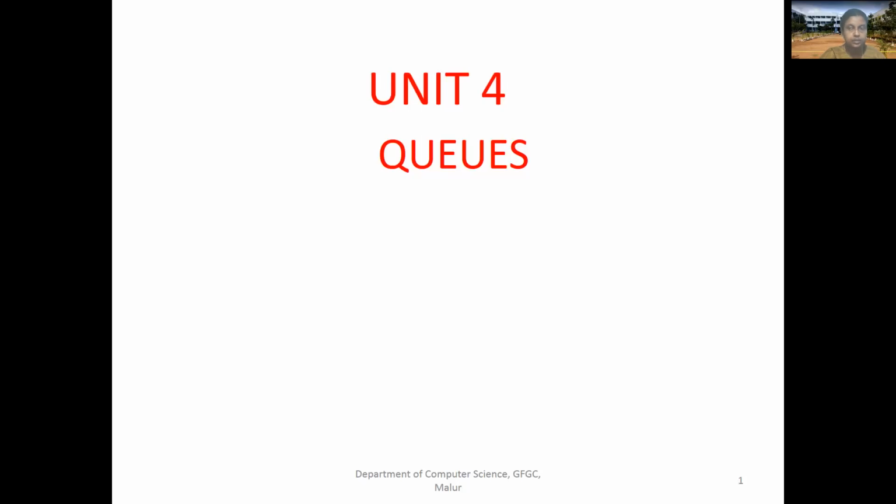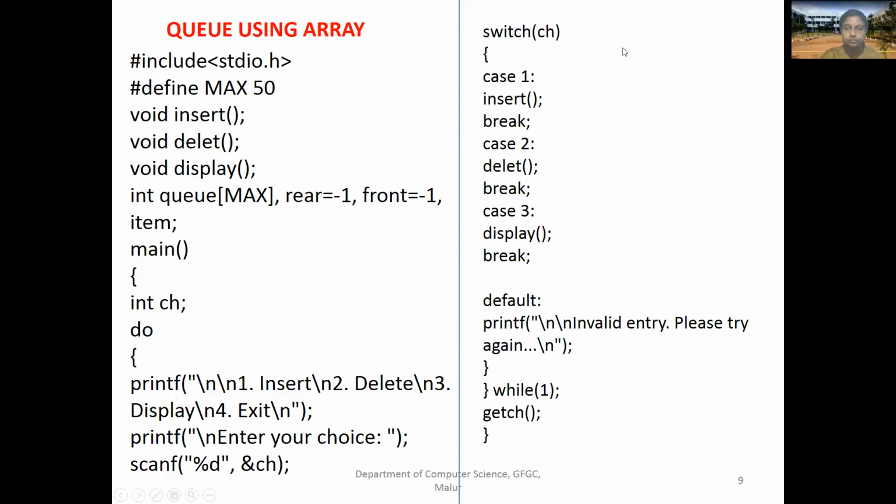Based on that, we have discussed how we are going to insert an item in the queue and how we are going to delete an item in the queue. Today's class we will discuss how we will write a program based on the queue concept. When we consider writing a program, there are two ways: one is using the linked list concept and another using an array. We will use the array concept so that it will be quite simple for us to understand and implement.